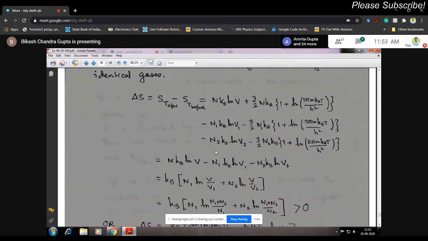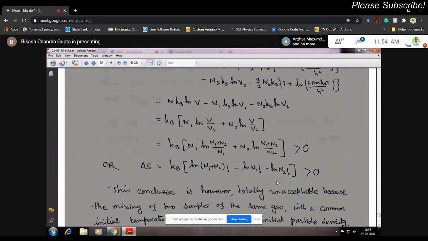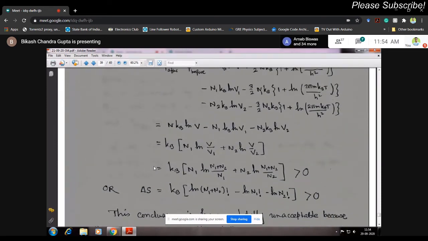হ্যাঁ। Then again you see you will end up with the same kind of entropy change, delta S, which is again positive. Okay. Now here is the problem, here is the so-called paradox. This is unacceptable, right? Because I'm mixing the same gas. Actually the same gases are there in the middle or somewhere in between. There is a wall, a fictitious wall, and that wall has been removed, and then you don't expect anything because the same gas. Then how come the entropy will change?